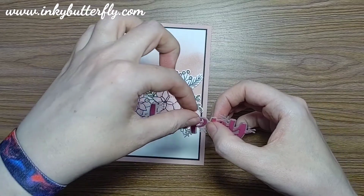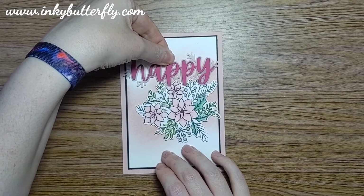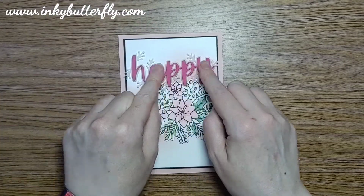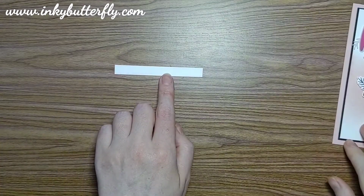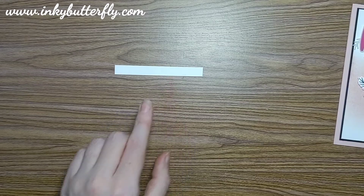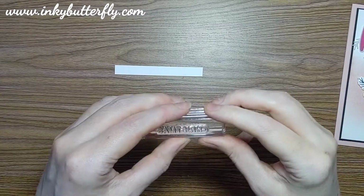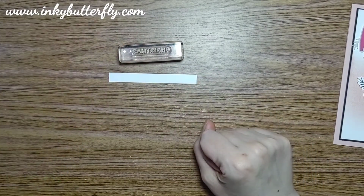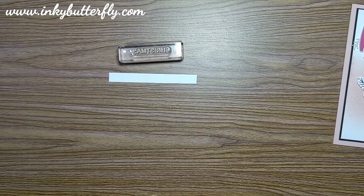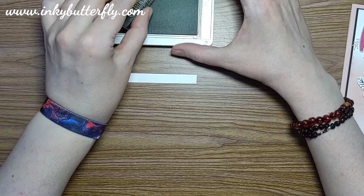Should we get it the right way up? I want that overhanging this image just a little bit, so there looks good to me. Okay, oh, looking nice, I quite like it. Got this little teeny tiny strip, this is 3/8 of an inch, and that is just big enough to fit this little teeny tiny Christmas sentiment. I think we might use Granny Apple Green, keep it fresh. The Shaded Spruce might be a bit dark,